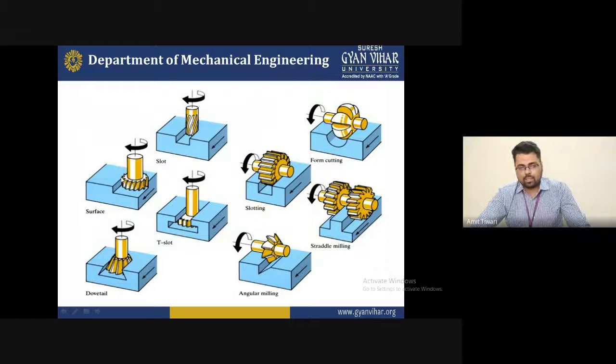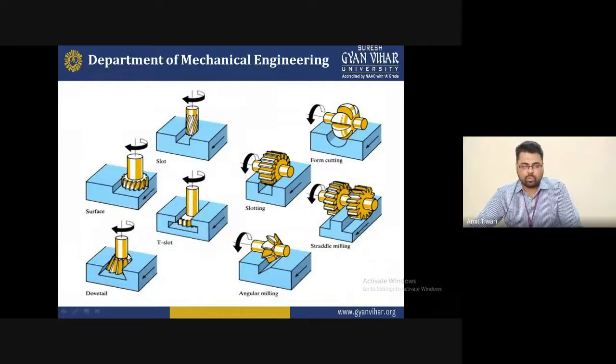The second one is surface milling. You can see the rotation of this tool is in this direction, and it has gear-cutting-type shapes provided for the cutting tool, and at the end there are multiple cutting edges: 1, 2, 3, 4, 5, 6, 7, 8. There are 8 multiple cutting edges at this section, and 8 on the backside. So 16 to 18 multiple edges are provided for this particular operation to provide surface finishing. Now the second is a dovetail.